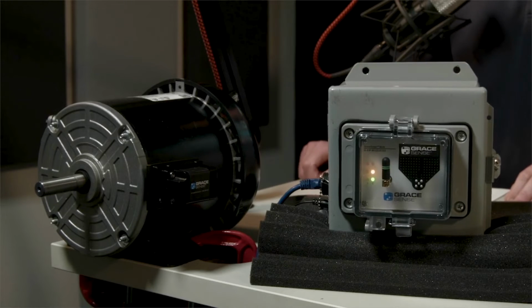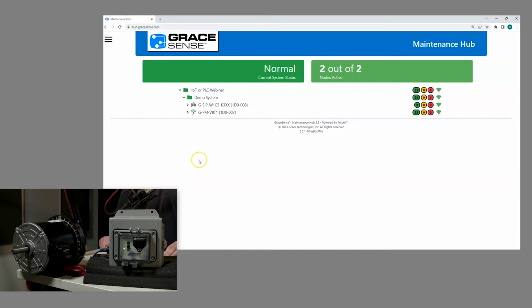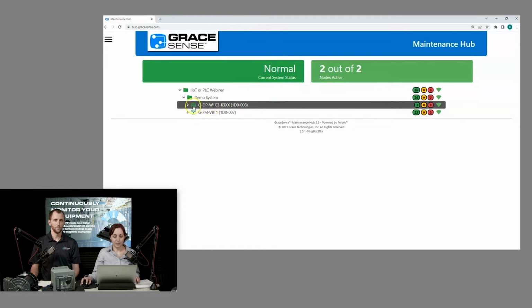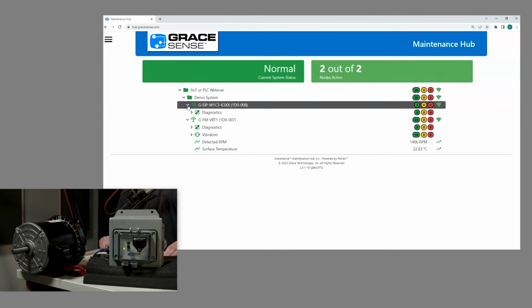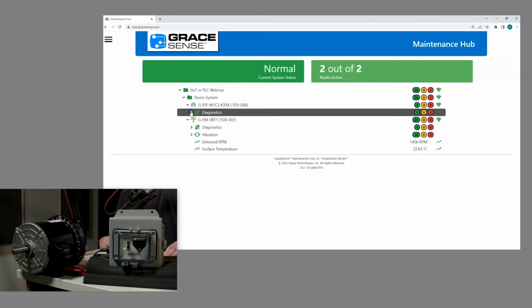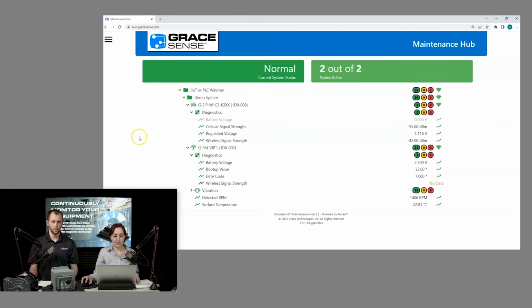All right, so now that we have it going, I'll have Isabel walk you through the maintenance hub. All right, so here we are on the hub. As we can see, the nodes that Bryce just plugged in are already connected. We have the first one, the part number EIP, the serial number 1D0008. That's the cloud gate we have here. And the VBT that's sitting on the motor. You can see all the details about it. We will go back and go over those channels in more detail, but first let's get our system set up